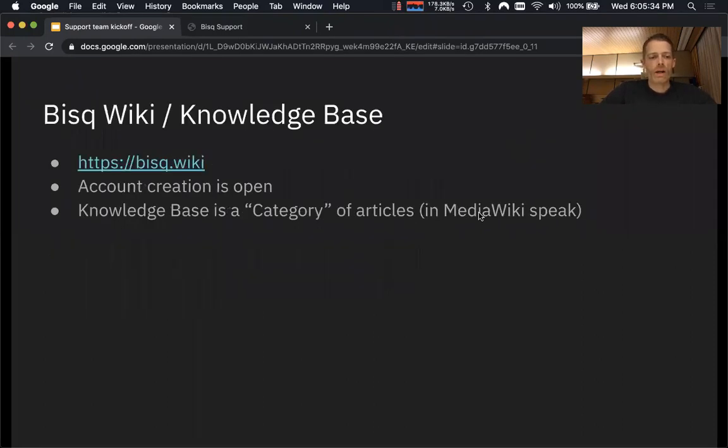So the Bisq wiki, that's live right now. Account creation is open, so everybody on the call is invited to create an account. The idea here is to really embrace the wiki ethos, which is all about being bold, making edits, and other people can make your edits better. And this was a